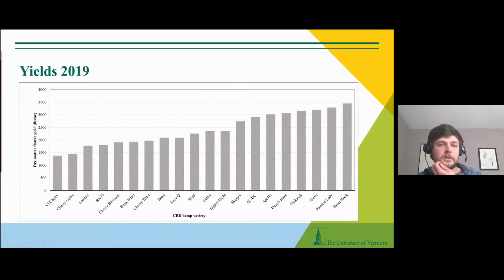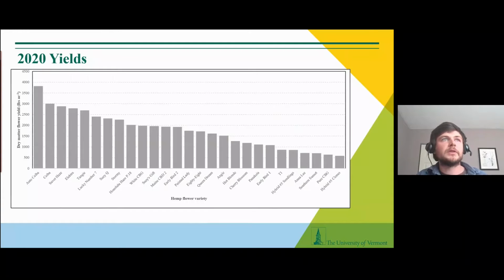So across the 3 years, we've seen a pretty wide range. And these are dry matter flower yields specifically. So we're not looking at biomass, though we could. Those have ranged from 500 to nearly 4,000 pounds per acre, depending on the year and the varieties. Everything in our trials is planted at 5-foot centers, with the exception of some of the autoflower varieties, which we've adjusted to 2-foot centers,